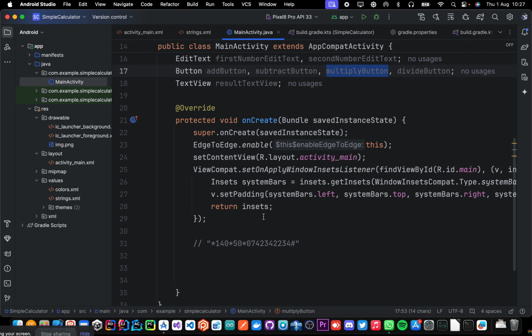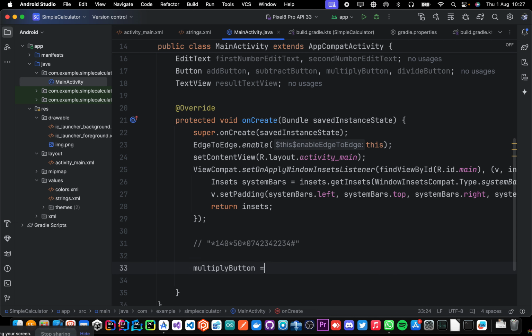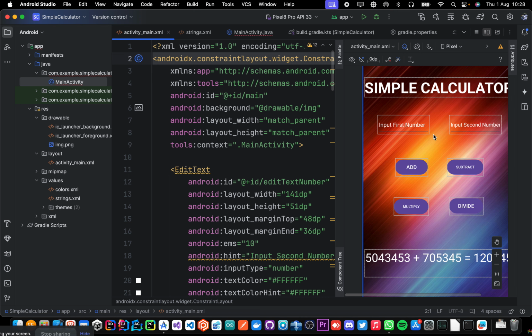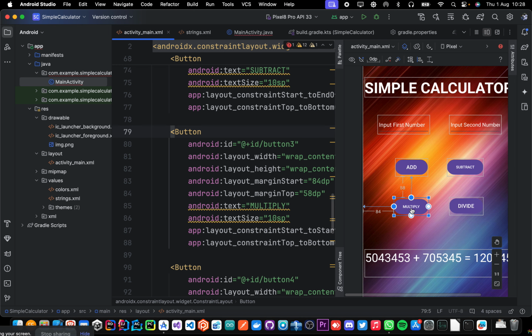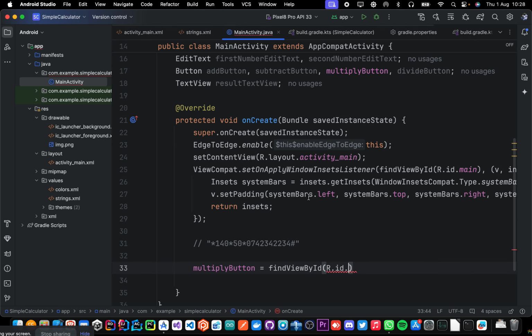If you want to start with the multiply button, you can just say multiply button is equals to find view by ID, and then r dot id dot, then go back to your layout, and you can split and multiply. Click on multiply button and then get its ID, and its ID is button 3. Copy it and then paste it. It's better if you do that